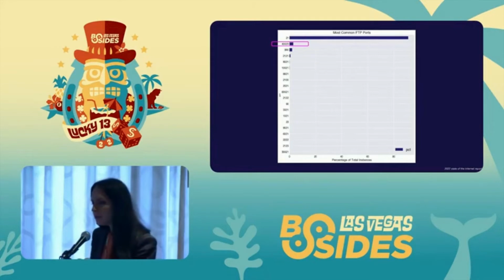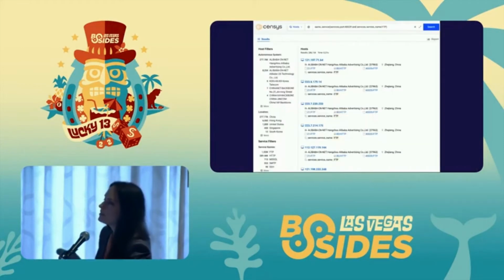And I thought, well, being new to internet measurement, maybe this is just some obscure service that I don't know about. This is probably just a thing, right? So I went to Censys Search, and I do this a lot, where I'll be querying data in a SQL database, and then I'll pop over here to dig and poke at things via a UI. And I looked for FTP services running on port 40,029. The thing that immediately stood out to me is that almost all of these are on an Alibaba Cloud autonomous system,